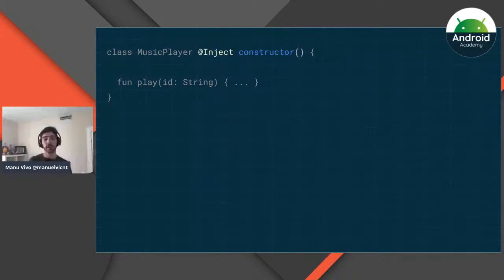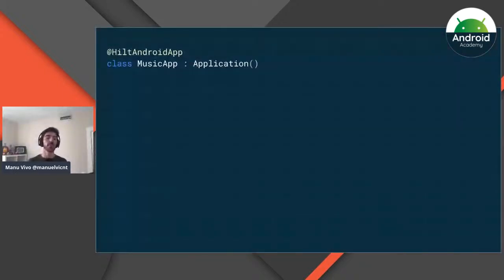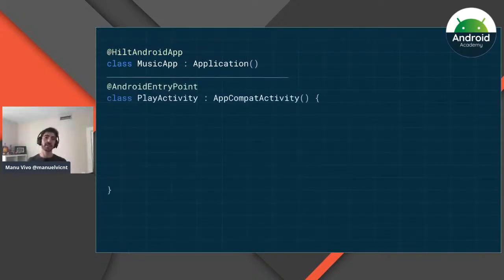But then if you want Hilt in your application, you also need to annotate your application with @HiltAndroidApp. And this is going to tell Hilt that it needs to start generating code and generate all your dependencies graph for you. And now we said before that you don't control how to create activities, and neither does Hilt know how to do it. So if you want to use dependency injection in Android framework classes, you need this @AndroidEntryPoint. Basically, this is telling Hilt that this activity needs to use dependency injection.